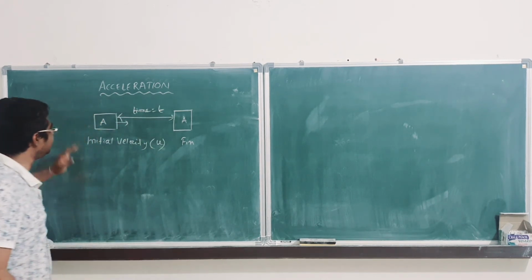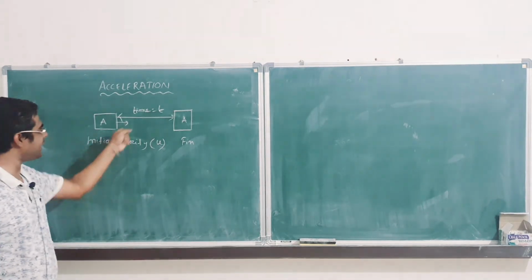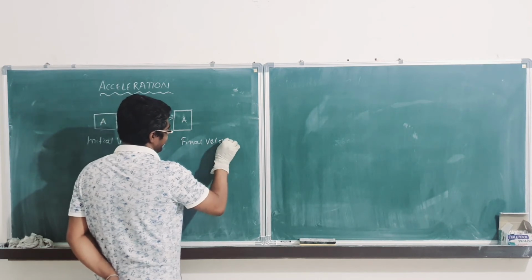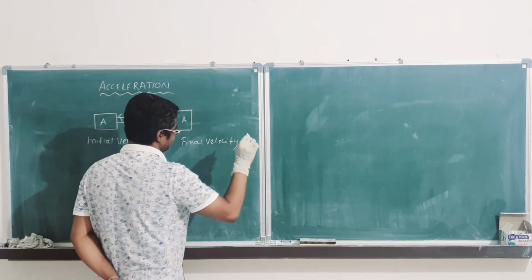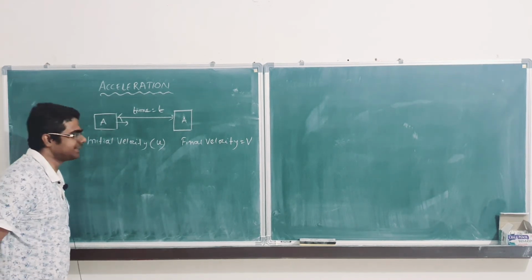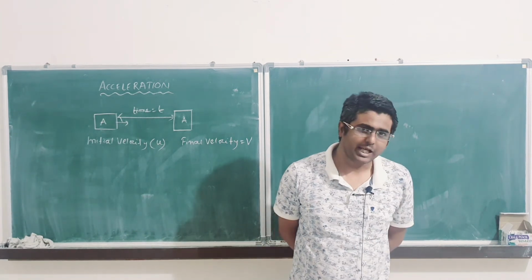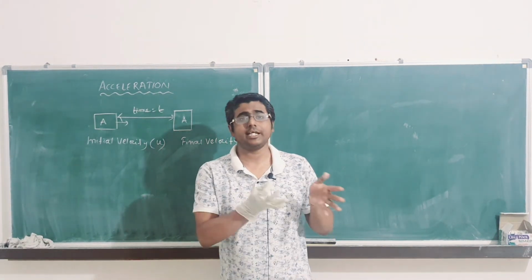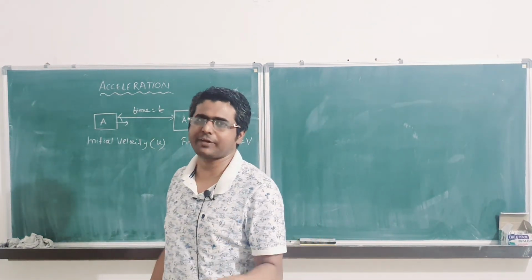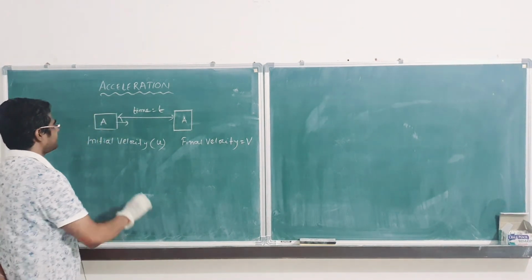So what happened? The car was going with an initial velocity, after that the accelerator was pressed, okay, and after some time the final velocity becomes v. So at this moment what we need to know is what is the acceleration, because the accelerator was pressed, but you have to quantify this thing in the world of physics. So physics is basically quantifying the phenomena, nothing else. So how do we quantify?